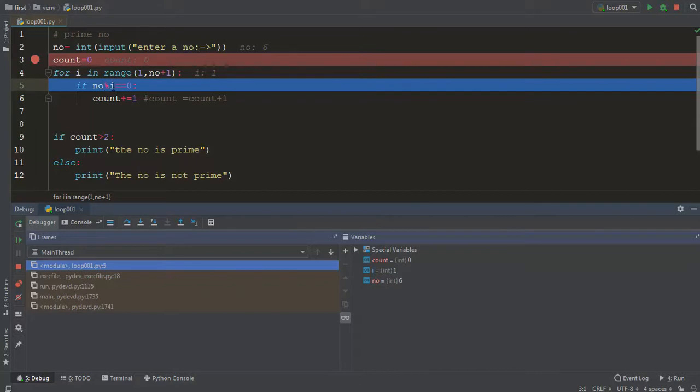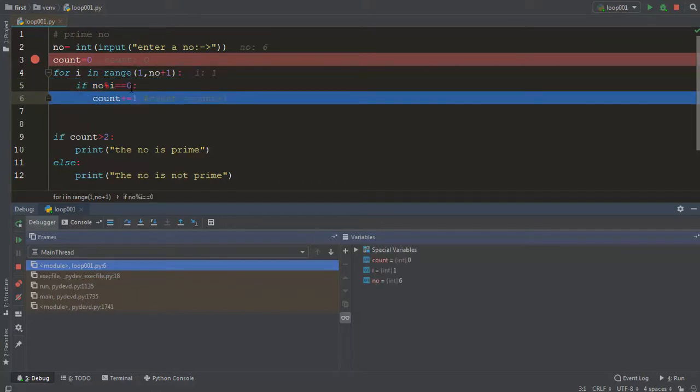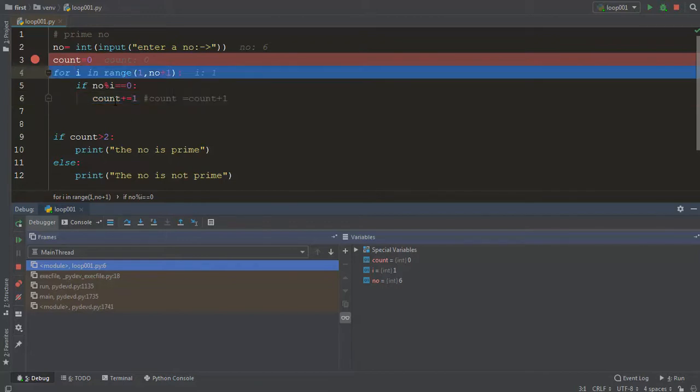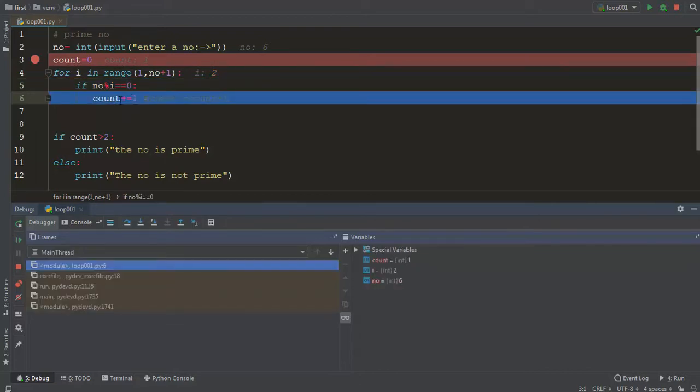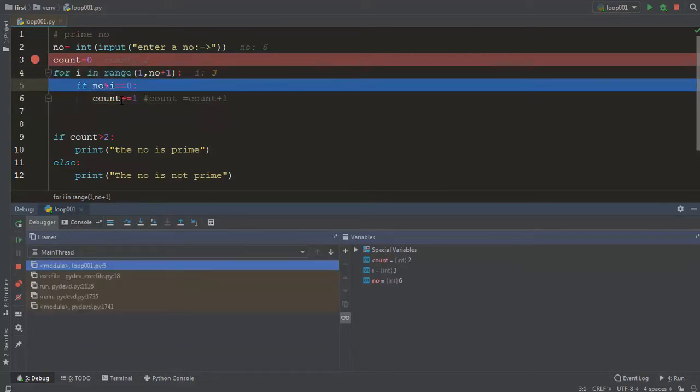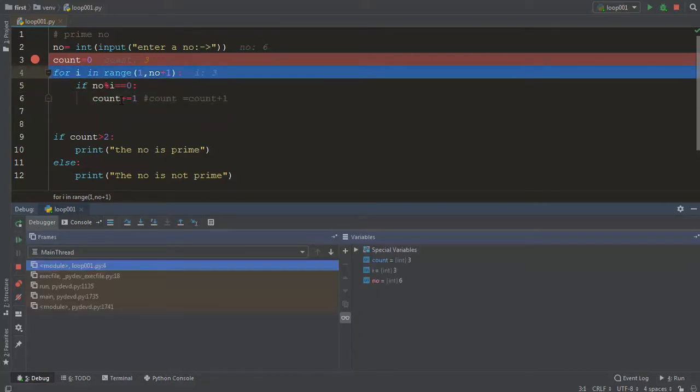So 0 is equal to 0, that means this is true, and see, we moved inside. Okay, and when we moved inside, that means the condition was true and we were correct. Okay, so see, the value of count is increased by 1, and now the value of i is 2. So 6 modulus 2, the remainder we get is still 0. 0 is equal to 0. That means this condition is true and we should move inside. See, so we are moving inside, and then for 3 also we are going to move inside, and